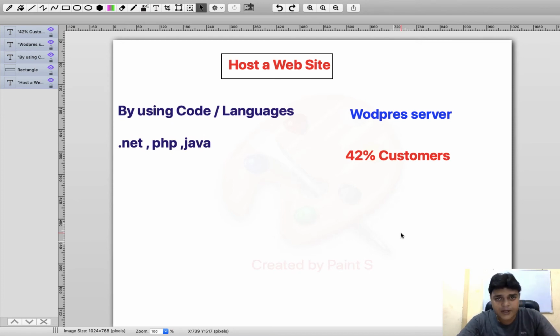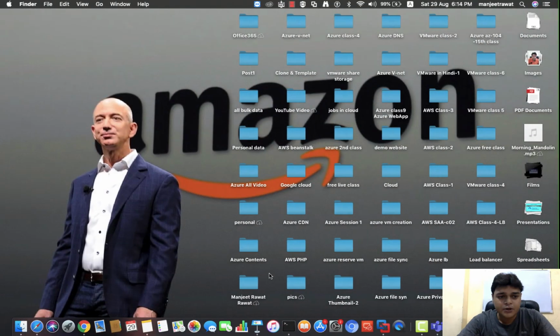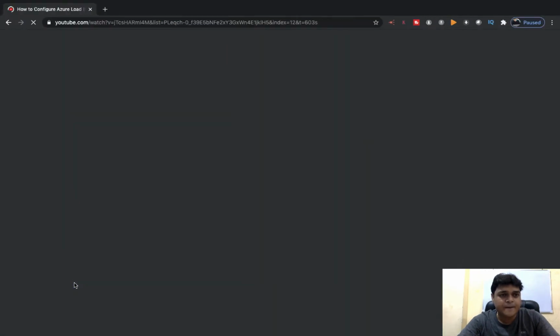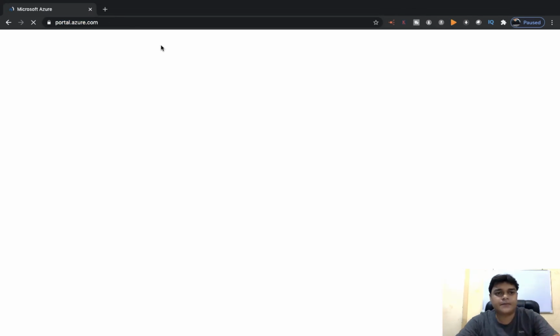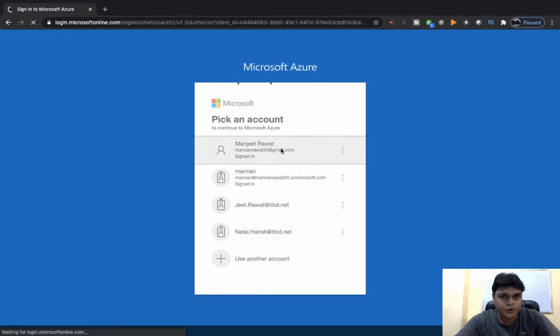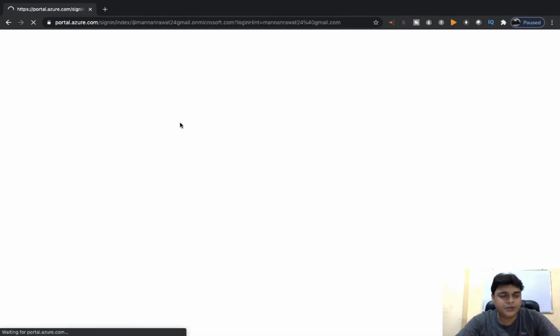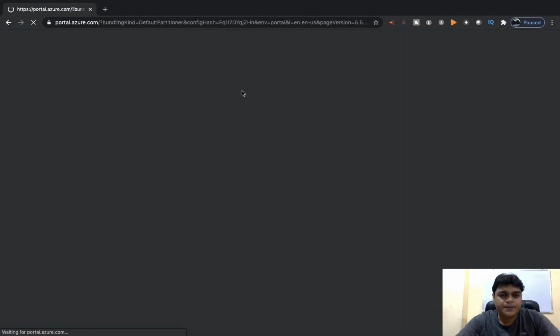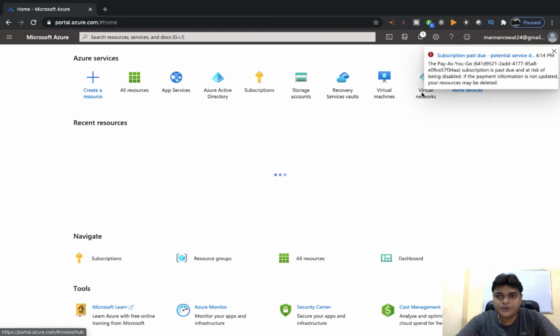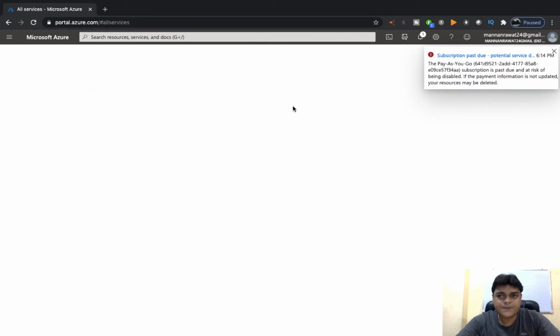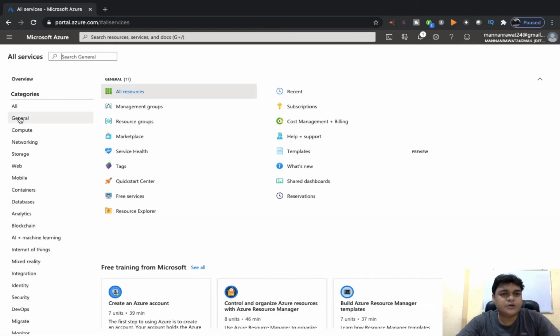So let's start our practical directly using the Azure portal. I'm going to open my Azure portal. Once you open your portal, click on more services, and in more services click the general tab.